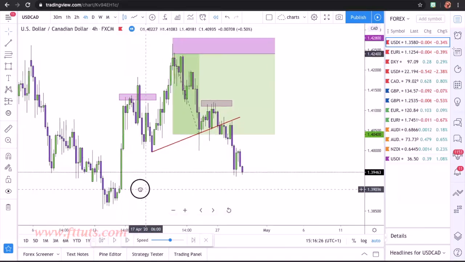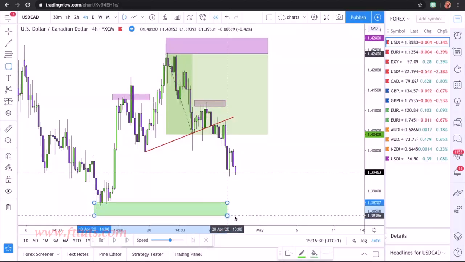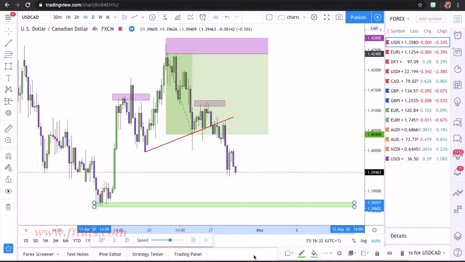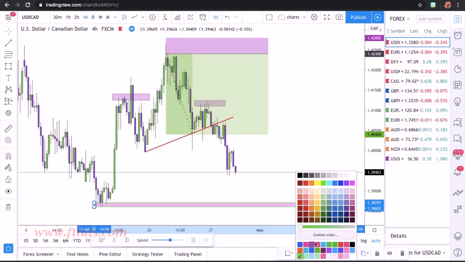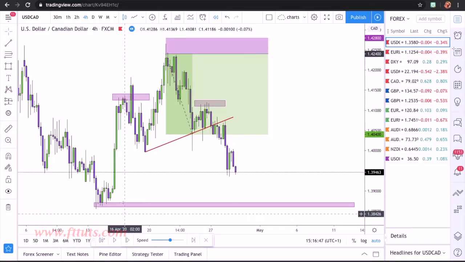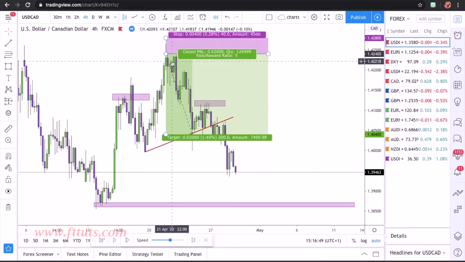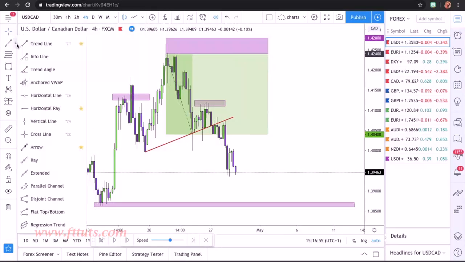Okay, so what's the next move? We have a rejection of going lower right here, so support. Guys, you can call it whatever you want, supply and demand, whatever. It all means the same thing. There's obviously supply and demand and support and resistance, all that kind of stuff. All I look at is where the market failed to go higher, where the market failed to go lower. That's it. Okay, so around here, if we take a horizontal ray,